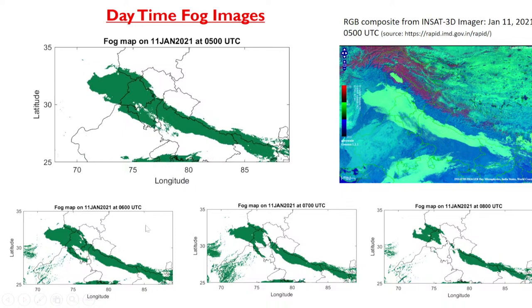And we have done it using the INSAT-3D data, which is geostationary data, and it's available after every half an hour. So every half an hour you can retrieve, and we can also do the temporal monitoring of the fog. So that is fog monitoring. Then you can understand at what time fog formation has started, how it is increasing, and when it starts dissipating, and all the spatial distribution at several times of the day can be seen, because the data is available after every half an hour.